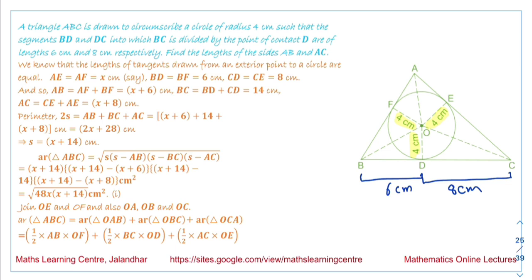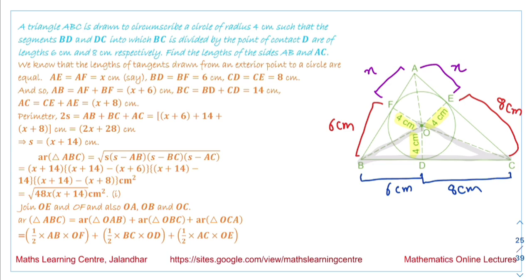Now if the length BD is 6 centimeter, then the length FB will be 6 centimeter, because B is the external point and BF and BD are the tangents. C is the external point, CD and CE are the tangents, so this length will be 8 centimeter. Suppose the length AF is x centimeter, then the length AE is also x centimeters. Now if we calculate the areas corresponding to all these triangles, we get the area of the triangle